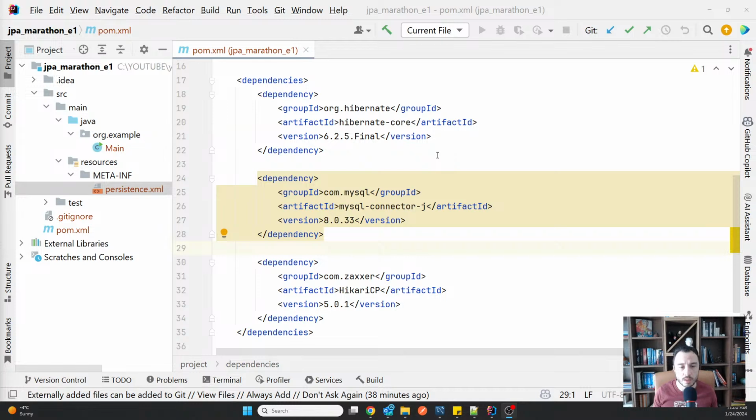With that being said, let me share my screen because I think you are more interested in code than in my face, and we can start the discussion from the very beginning. This way we can make sure that if you have any gaps in your knowledge, you will be able to cover them. I'm going to start with only simple projects that don't include any application framework like Spring. Remember that Hibernate is a JPA implementation, and it's independent of any other application framework, so you can use it together with or without.